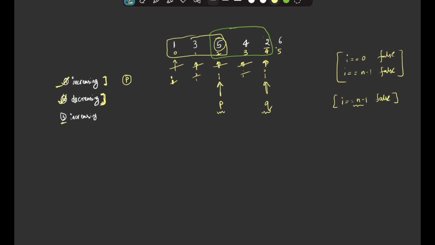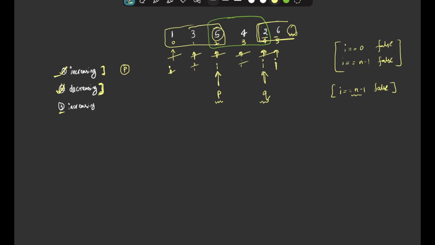We will see, is the next element more? Yes, move the pointer to here. And is the next element more? No, because it reached out of bounds, or the array got completed. So from here till the end it is increasing. Now observe that condition 3 will get satisfied only if i equals n minus 1